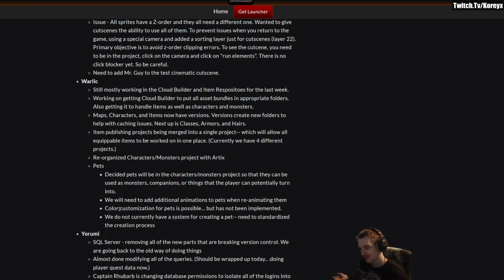So you get a dog, right? And the dog, maybe you want blonde hair or brown hair, you can just change the color of it without having to get a whole different pet. Very cool. That's actually going to be a lot of cool possibilities for that. And it will make it so they don't have to have 300 different recolors of the same trouble or whatever. All right, and we not currently have a system for creating pet.